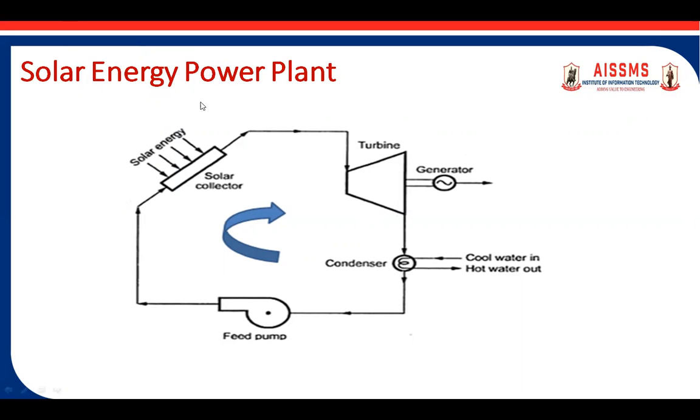Okay, so it consists of the solar flat plate collector, which absorbs the sun's rays, and the heat generated or absorbed from the solar energy is supplied to the turbine. Here the coolant, as it absorbs the solar energy, gets vaporized, and that high temperature, high pressure coolant is supplied to the